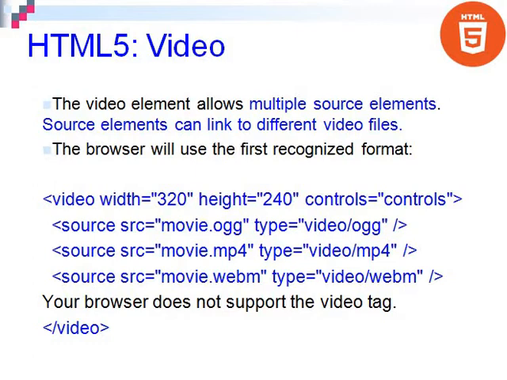So different types of video files are included in the same web page, and if our browser does not support these types of files, what the browser should do is show the alternative text. Your browser does not support the video tag, that will be displayed. If the browser supports the video, then that video will be displayed. Otherwise, this text will appear on the screen.